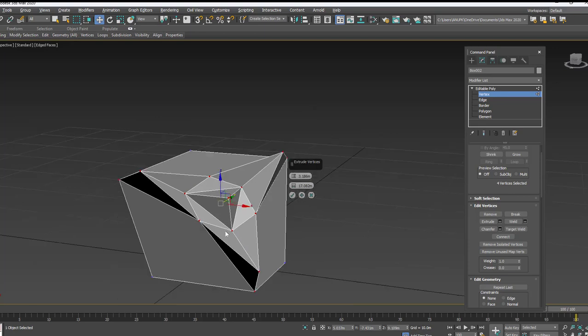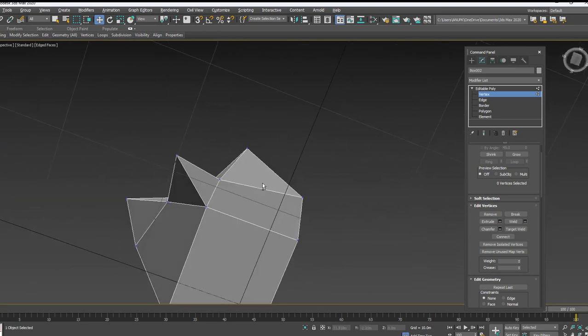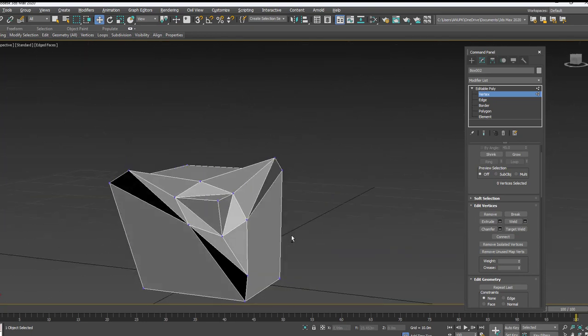Like this way, second step I am getting, that is an extrude. And then if you want to cancel, click over the cancel, or else you just click over the plus sign. So this is how you can extrude the edges.